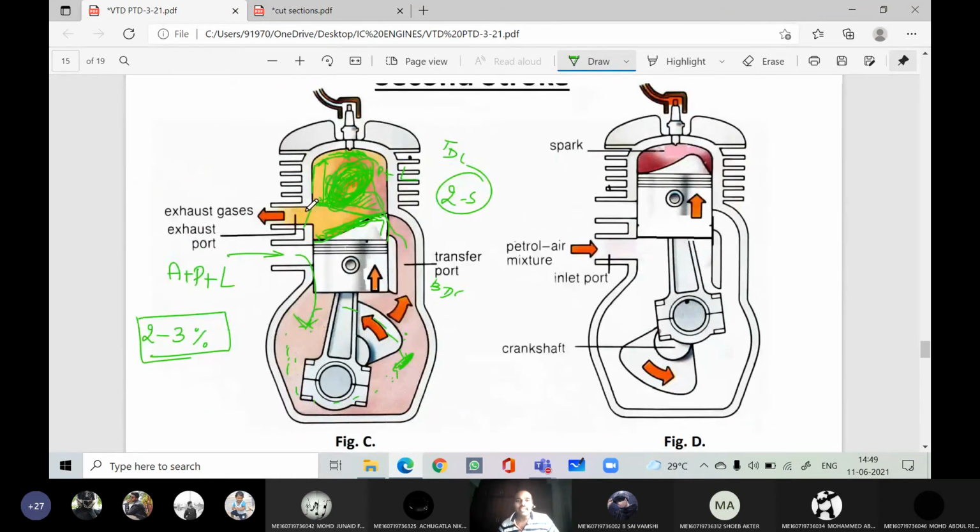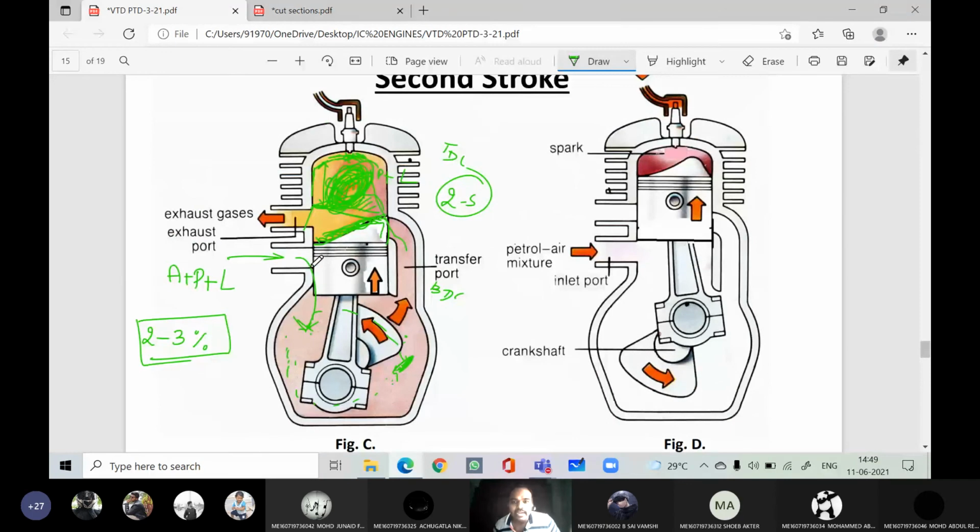Here, look here, this inlet port, the piston need not cover or uncover. There is a separate dedicated valve. You can see there is a dedicated valve. It will open and close depending upon the pressure difference. Yes or no? This opening and closing is not with the help of the piston. The inlet port opening and closing, there will be a dedicated valve within the passage, and due to the pressure difference, it will open and close. Getting or not?